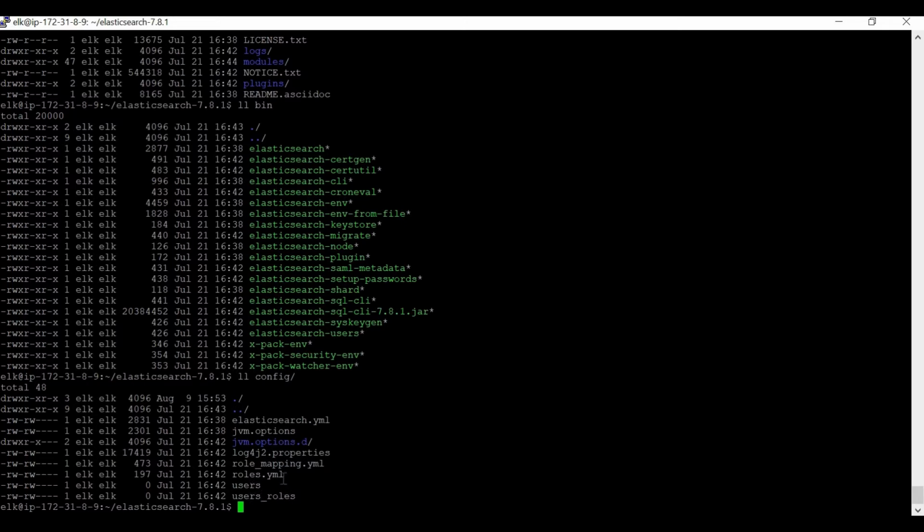These will come into the picture once you are playing with user authentication. As of now, these three are quite important and crucial: elasticsearch.yml, jvm.options, and log4j2.properties.